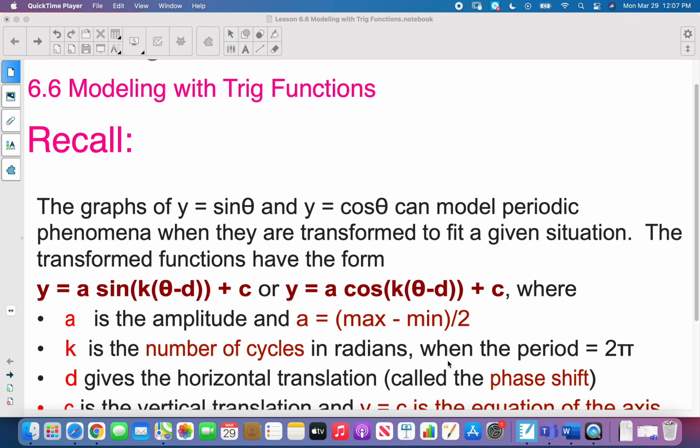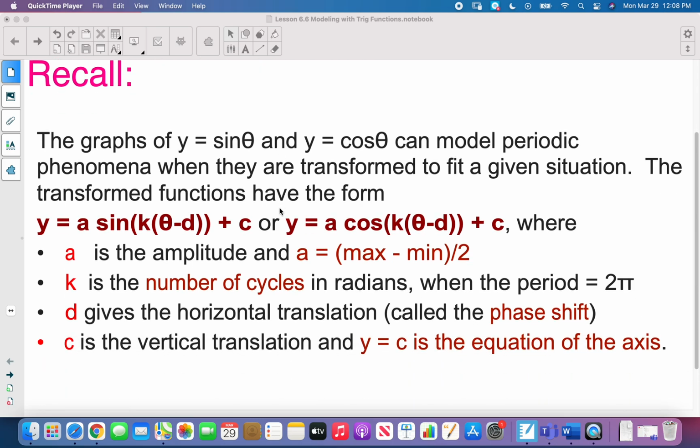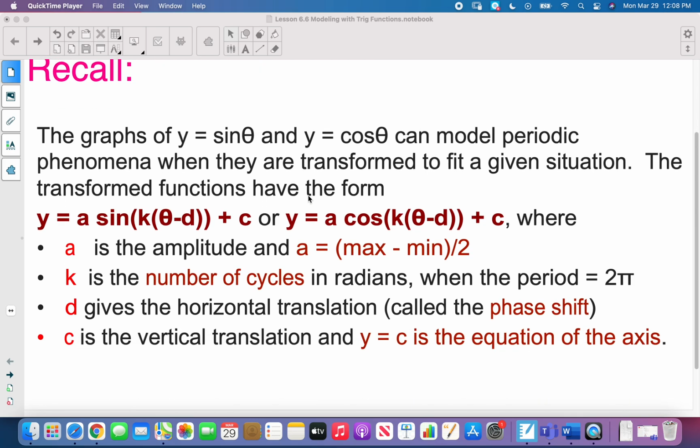Modeling with trig functions. We're going to see word problems. The graphs of y equals sine theta and y equals cos theta can model periodic phenomena when they are transformed to fit a given situation. So the transformed functions look like this: y equals a sine k times theta minus d plus c,